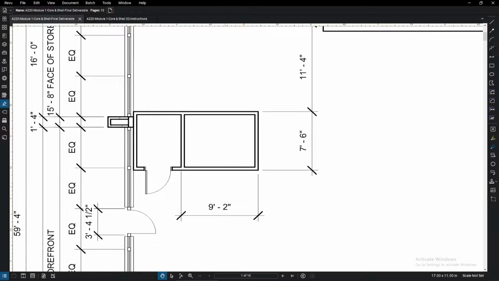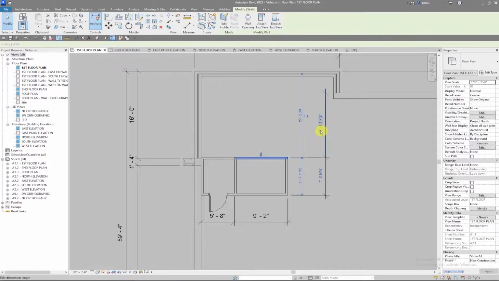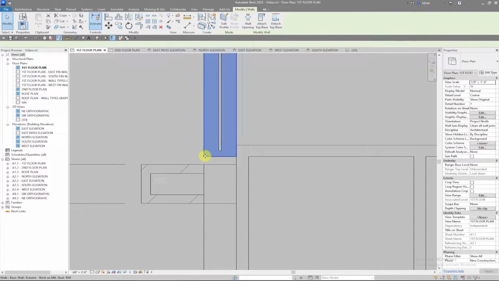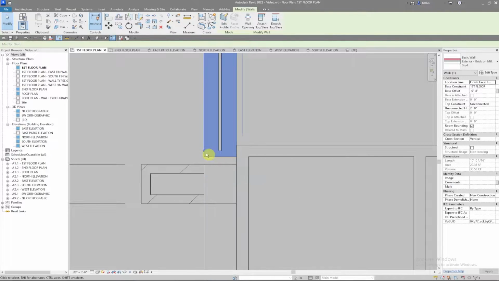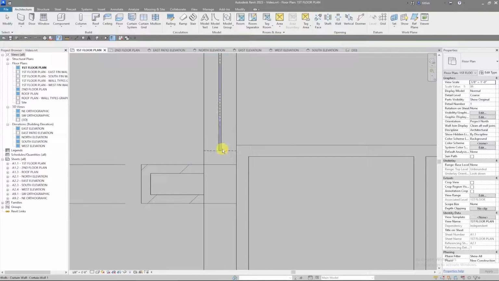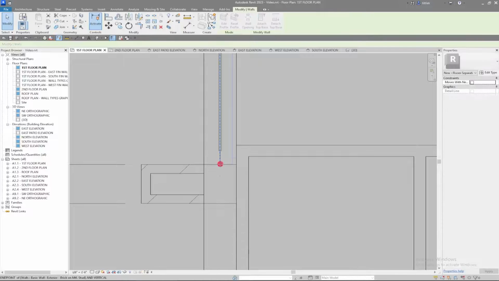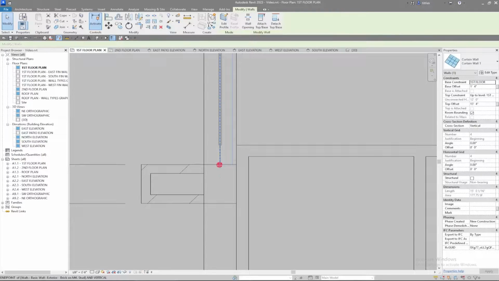And I don't even have these dimensions right, so that's not even right. So this wall should be 11'4". For some reason that moved that as well, so I'm just going to, again, disallow join on this wall as well. And I'm going to pull that wall over to there, grab my curtain wall. So sometimes you just have to make these little adjustments. Again, for some reason, this curtain wall is even trying to join that. So again, I'm going to say disallow join, drag that over to that wall,